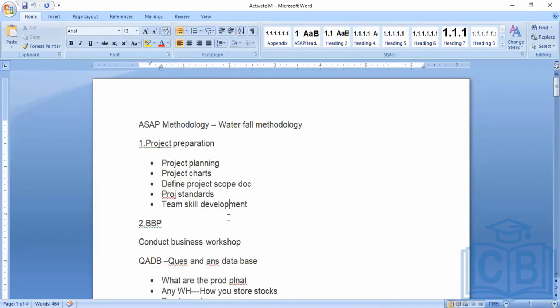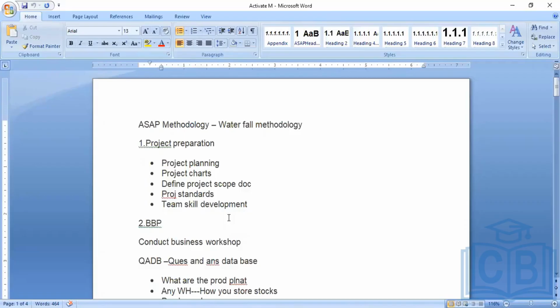Like a business will tell us, we want to implement SAP, but this is our timeline. They have some planning about that particular project and they have the roadmap. For example, we want to go live with this project by next year November. And they will tell a deadline. And depending on that, we will prepare the charts like